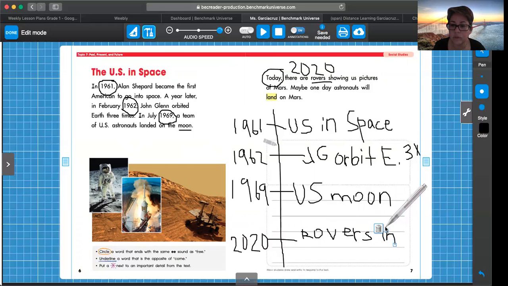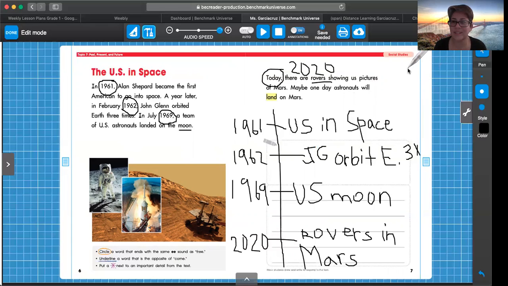Now if I was doing this in my book, like you should be doing if you have your book, I would be writing neatly and on the lines. But because I'm doing it on the computer, it's hard for me to do it neatly and on the lines. There we go. So do you see how nicely we created a quick timeline to go with our story, The